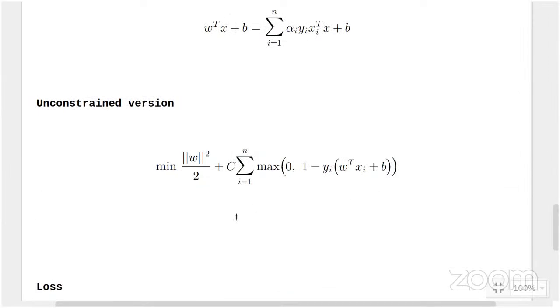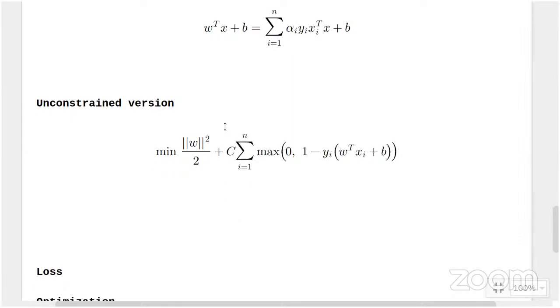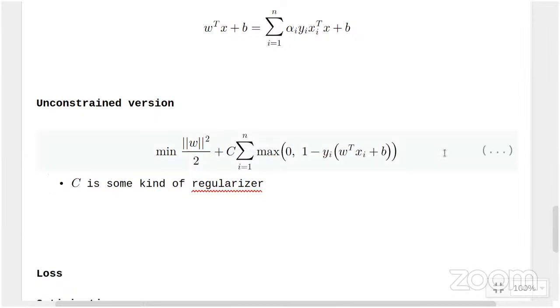Okay, so therefore it becomes unconstrained, and then we saw one solution using SGD, right? And here, a few points. First, C is some kind of regularization constant. If you remember, it's actually 1 by C if you think about it,